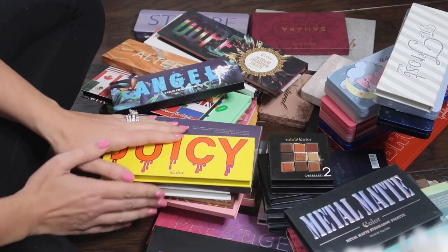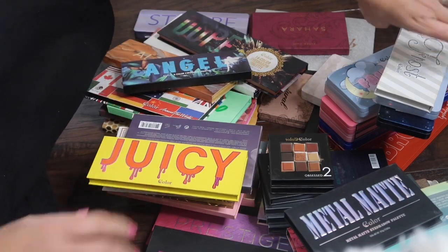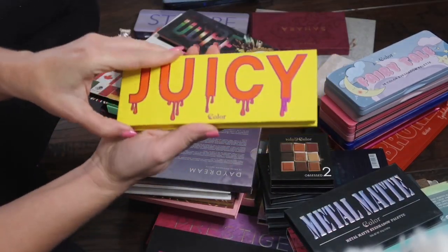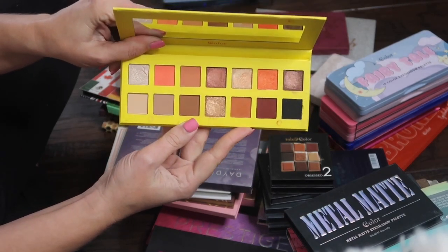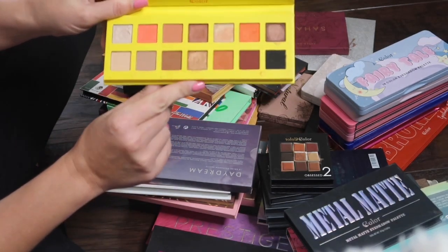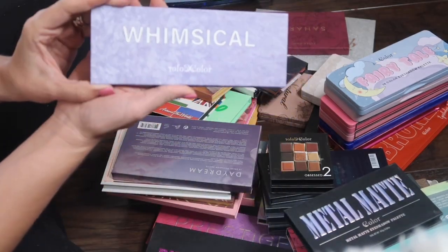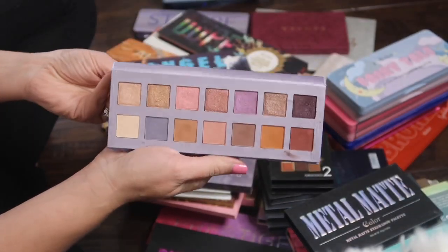So moving into it, and obviously there's no organization whatsoever, so I'll just kind of jump around. First we're going to start off with the Juicy palette. This is a CColor Cosmetics palette. This is actually a dupe for the CColor Cosmetics palette. And I actually did do a video for you guys on this palette. Really pretty neutral palette. Another CColor Cosmetics is a beautiful whimsical palette, which is actually a dupe for the Norvina